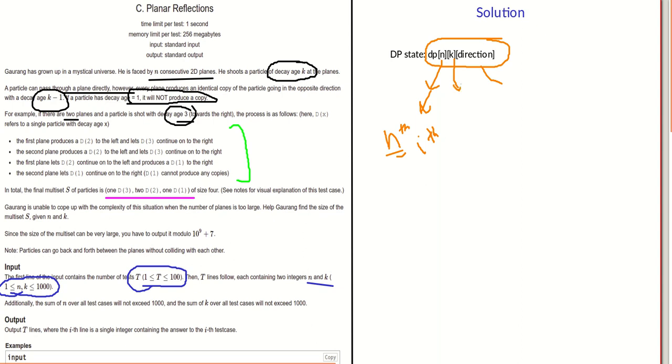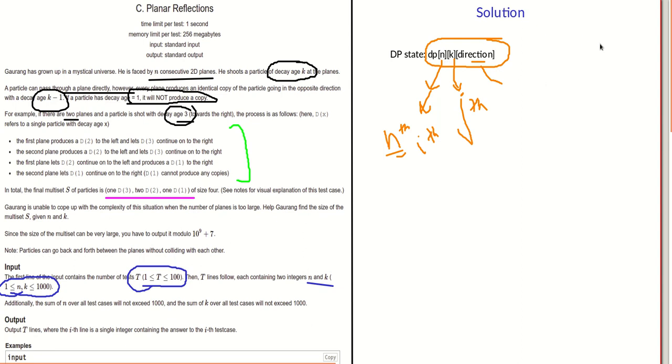The k is the current decay age of my particle. For example, initially the particle has decay age 3, then it becomes 2 when identical copies are created, and so on. So this is my second state, let us take it as j, and it will vary from k down to 1, because after 1 no new copy will be created. The third state of my DP is direction.